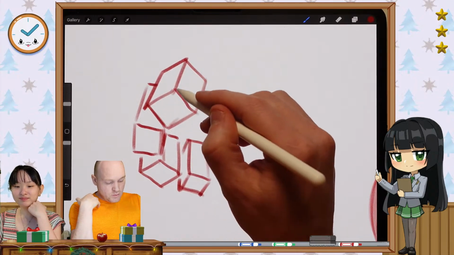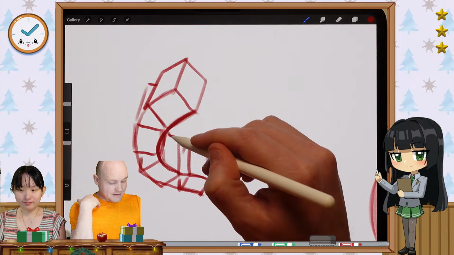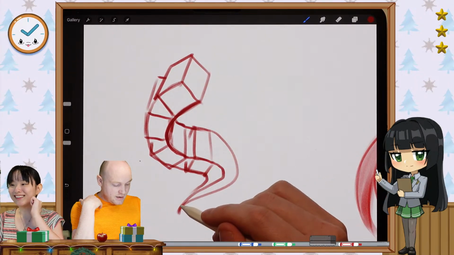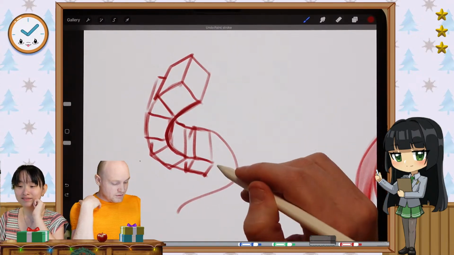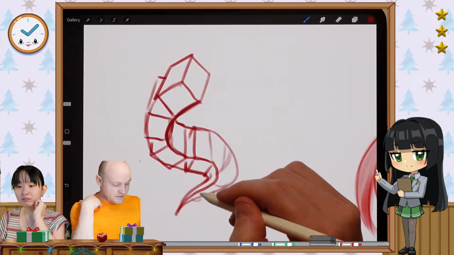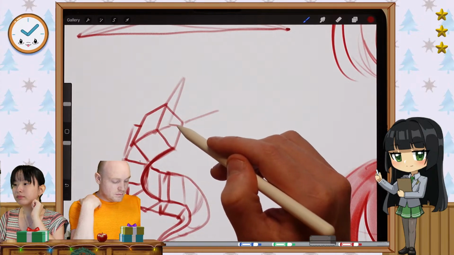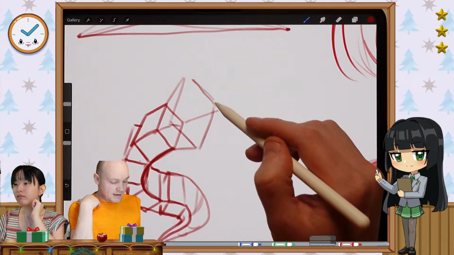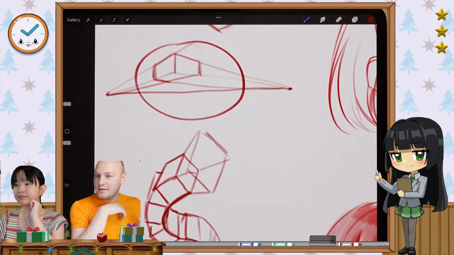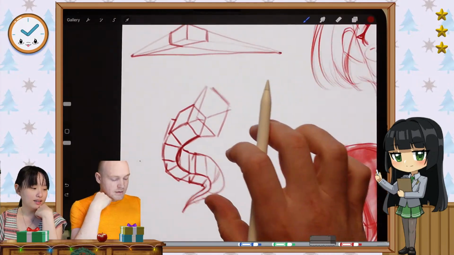And then, if you want to turn this into some sort of an organic form, like a tail of a dragon or a lizard from below, let's just say, actually, let's do this. All right, let's say you want this to be the tail of a lizard, and then you could come out, and maybe here's the body of it, or maybe it's like a snake or something. It's very difficult to do that while setting up a grid like this. For every box you do, you have to continue doing the whole vanishing point and all that stuff. And it gets really tiring.